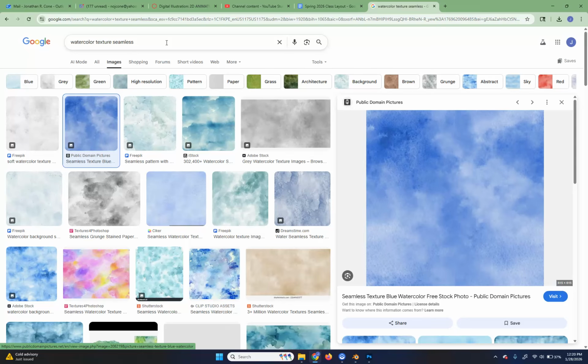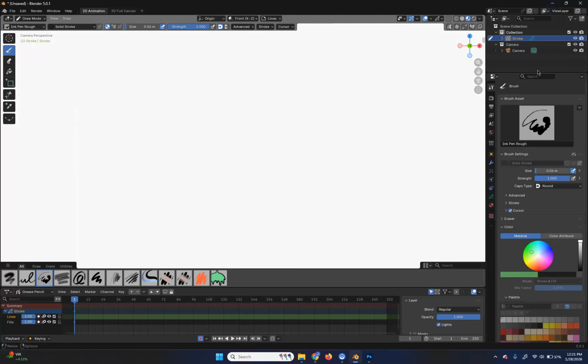a watercolor look as well. So I just looked up a watercolor texture seamless and I grabbed this texture as well. If you want to use something else, I don't really care. This one I found relatively easy. I was able to find stuff that sort of worked. So find something in that regard as well. So we have basically three styles that you're going to see that we can kind of choose from, and hopefully